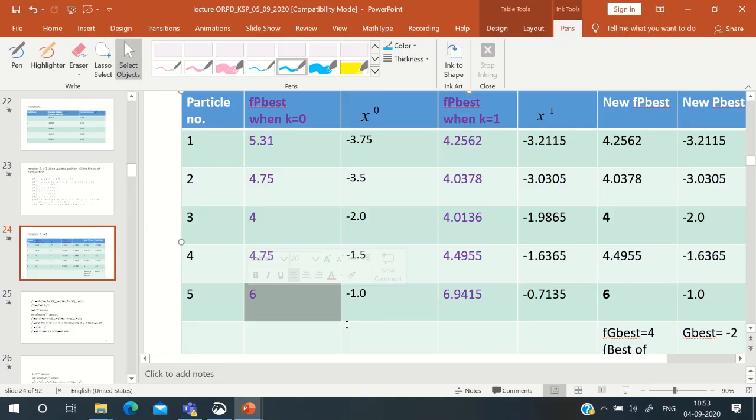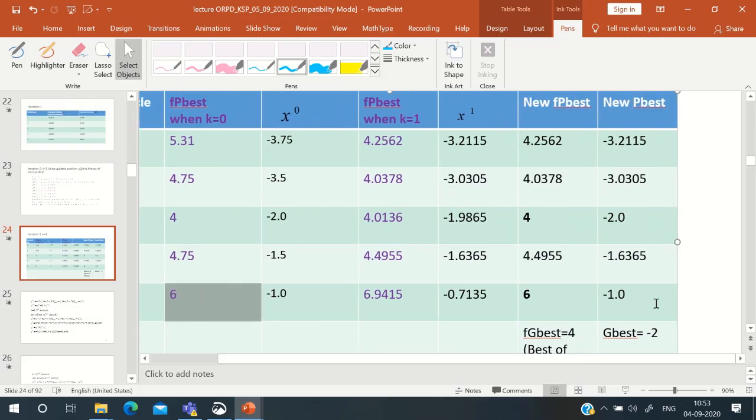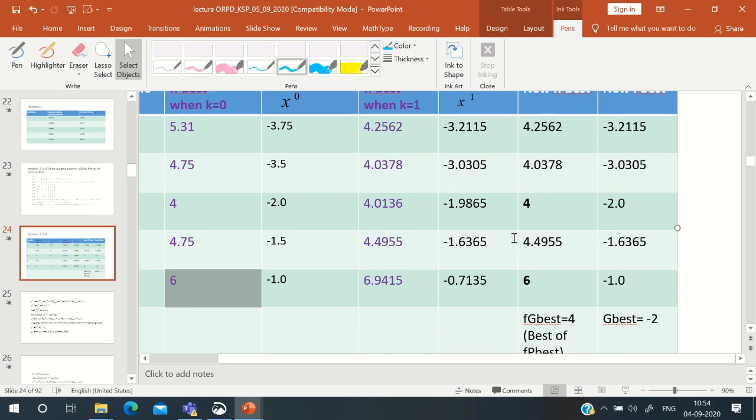Okay, so tell me, what is the personal best for this particle? This one or this one? This one corresponding to this, so -1, -1, right? And okay, now among these newly obtained best function values, which one is minimum? This one is minimum. So in subsequent iteration,